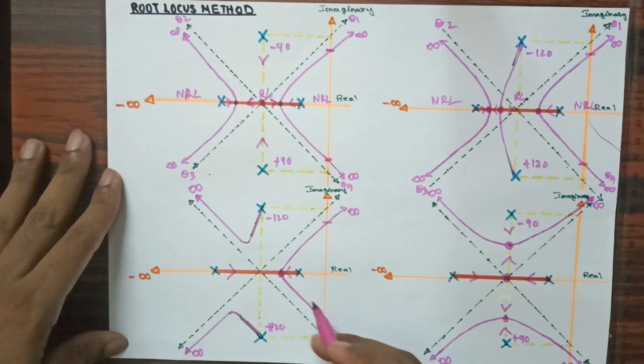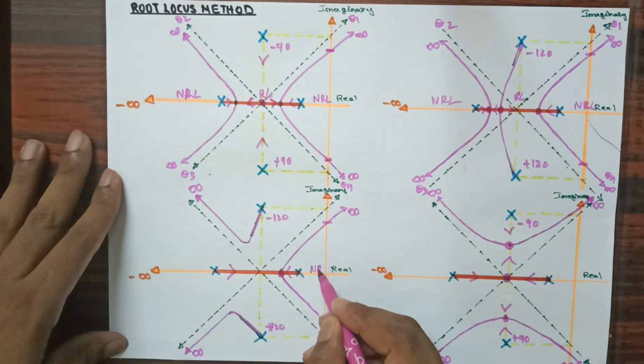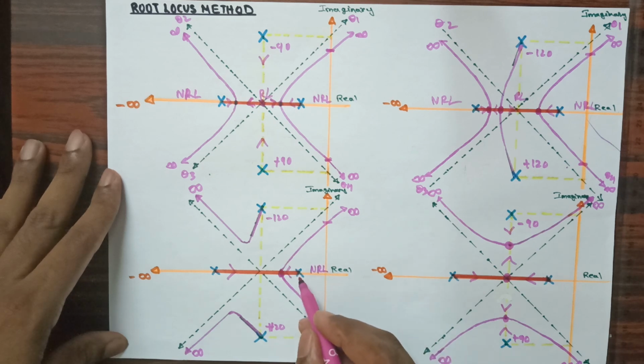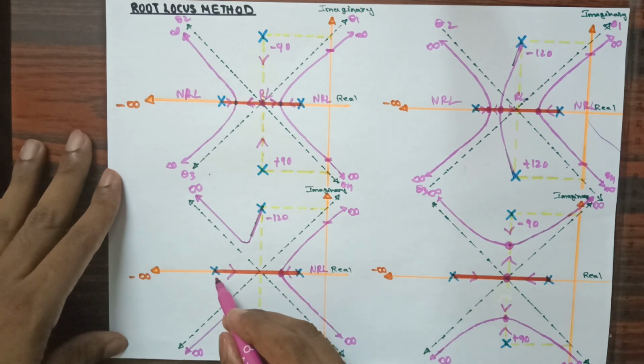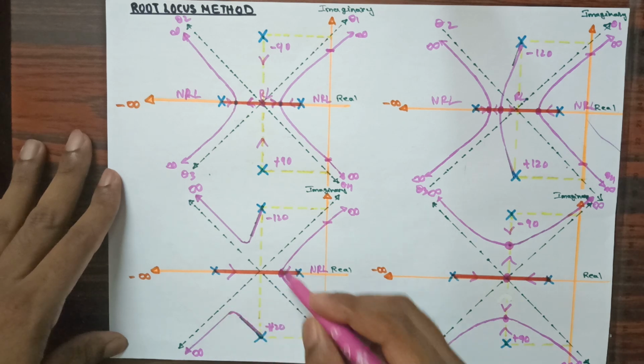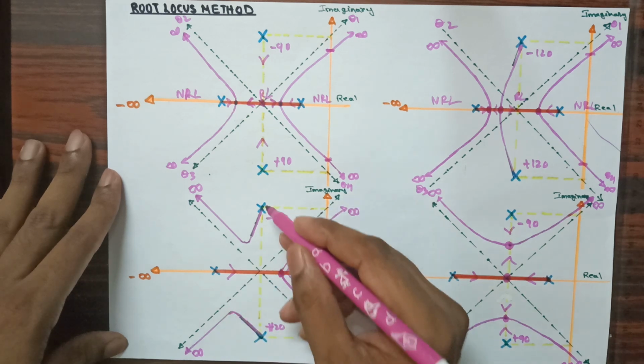In this example, first we are going to find the root locus path and no root locus path, and we know the procedure. We are going to count from the right hand side till here. You can see I am not having any pole or zero, that is count is 0. 0 is an even count, therefore for even count we are not providing any root locus path, that is no root locus path. And here from this pole to the next, as I told, we are not going to count the complex poles.